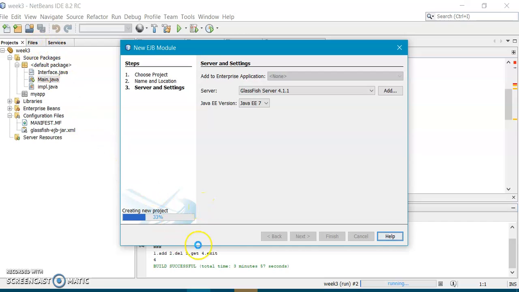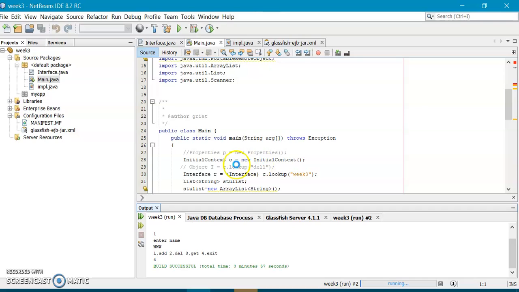So meanwhile, after creating a project, I have told you in my last video how many programs you have to create. One is interface.java, the second one is the class which implements that interface, the third one is the deployment descriptor, and the fourth one is the client file, isn't it? You have to create a total of 4. So look here, I have got this week 4 which I have created.